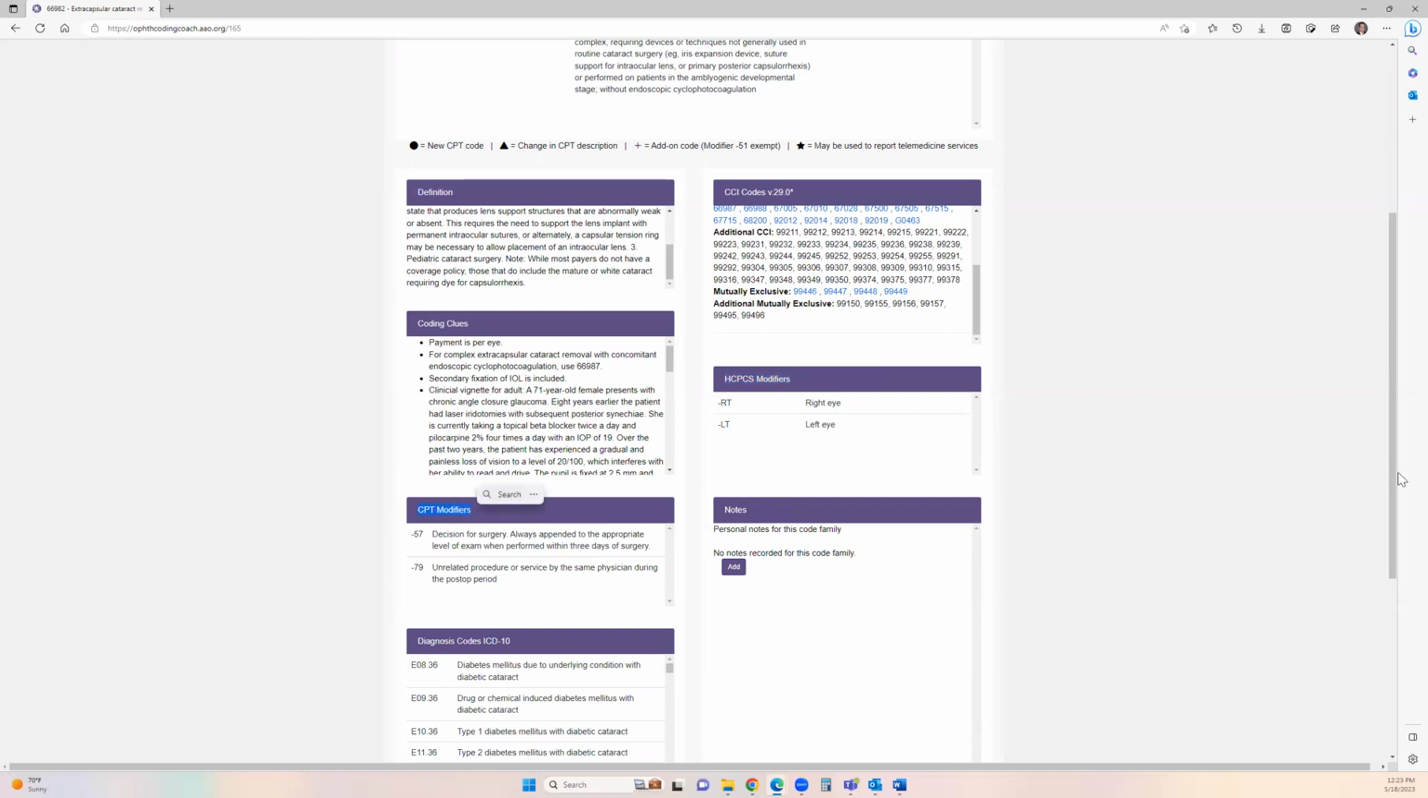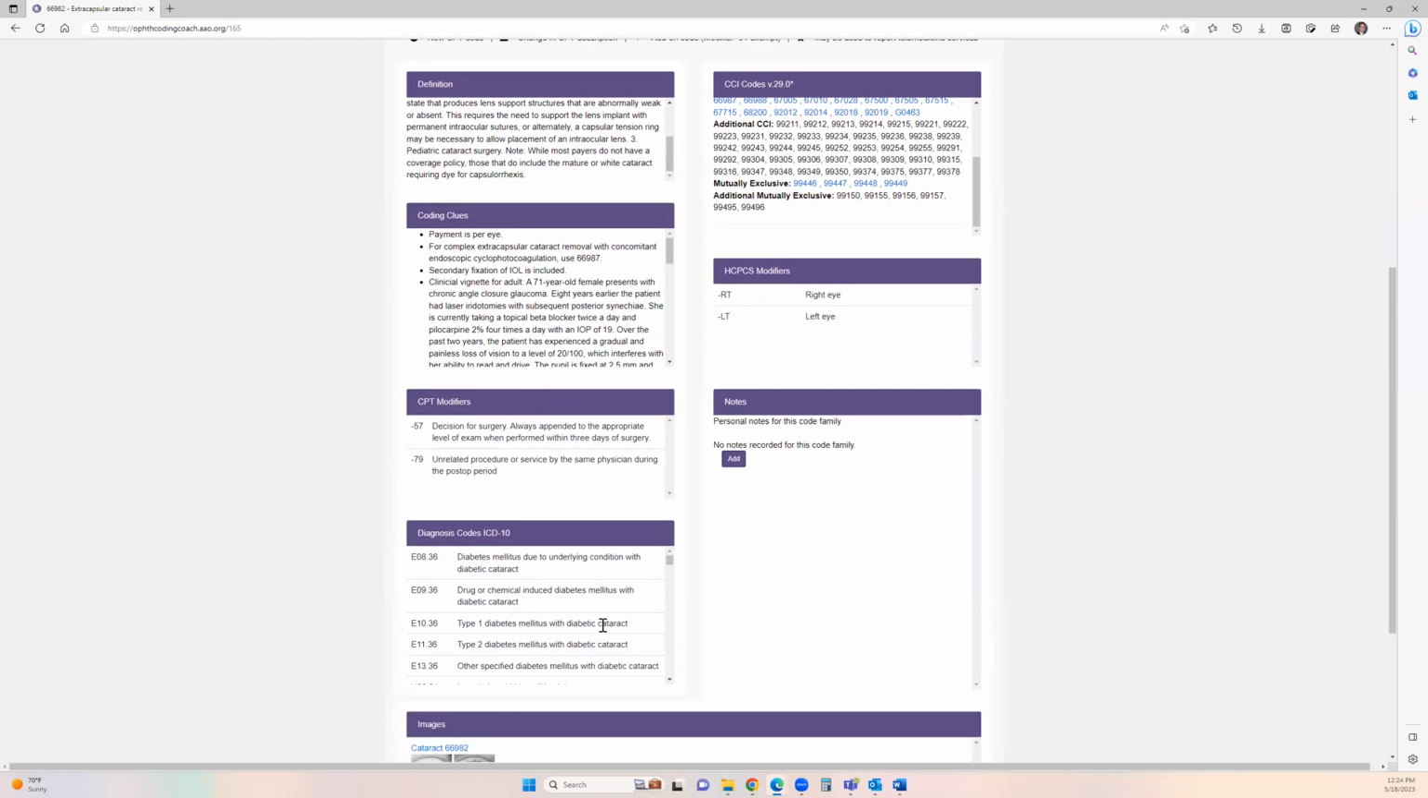CPT modifiers. These are two-digit numeric codes that are added to provide additional information necessary for processing a claim. Note that it may be necessary to report more than one modifier with a given CPT code, and you should only use these modifiers if they fulfill the definition of that modifier. ICD-10 diagnosis codes. This is a list of generally covered diagnosis codes per CPT code. ICD-10 coverage varies by insurance payer. The best source for CPT to ICD-10 code linkage is the payer published policy. For Medicare, LCDs can be easily accessed at